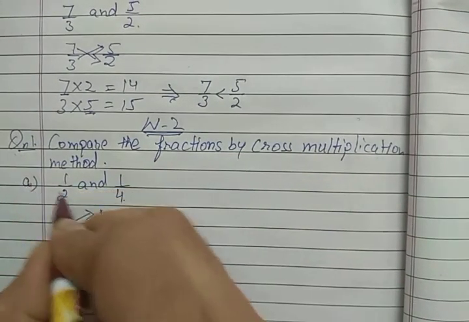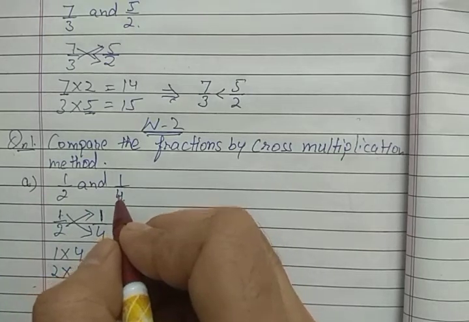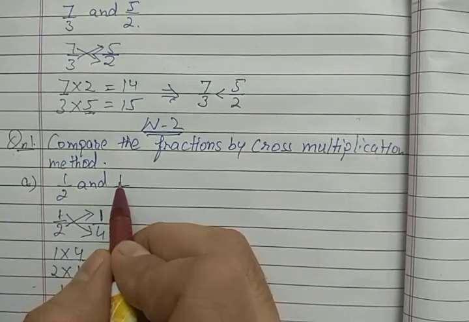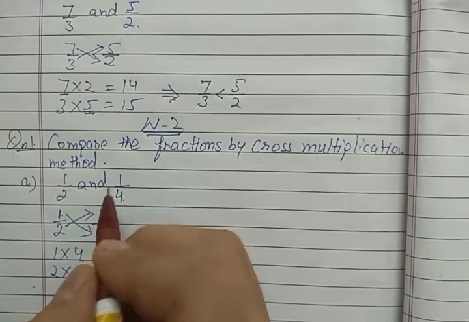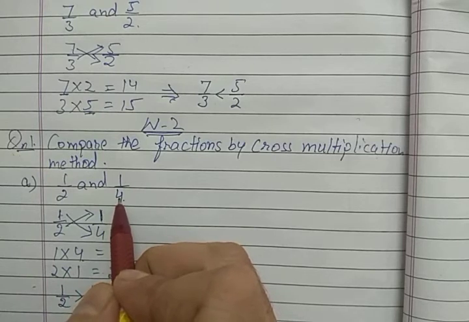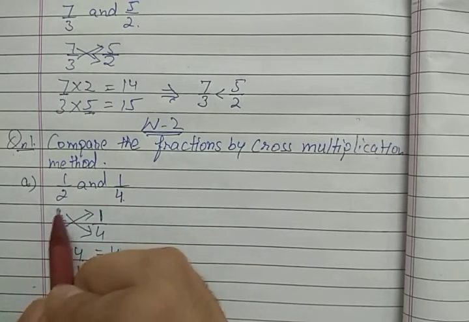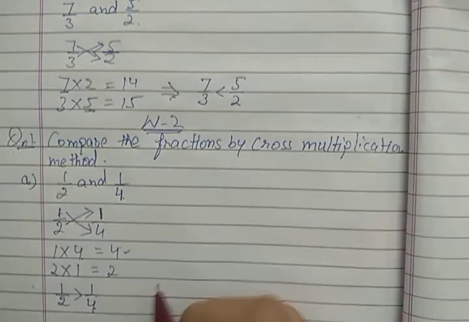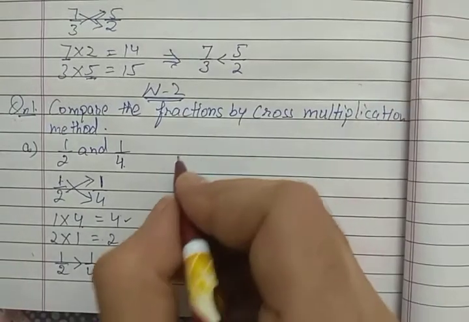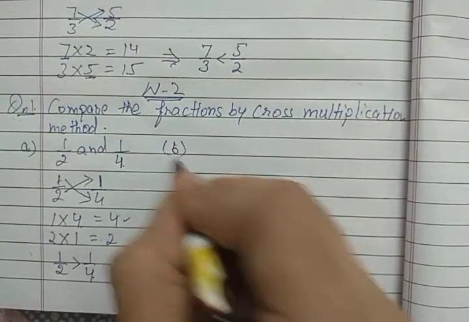We can also compare these fractions directly because here the numerators are same. और जब न्यूमरेटर सेम होते हैं आपके अनलाइक फ्रैक्शन में तो हम डायरेक्टली भी चेक कर सकते हैं. हाउ? जिस फ्रैक्शन का डिनोमिनेटर ग्रेटर होगा वो स्मॉलर होगा, जिसका छोटा होगा वो ग्रेटर होगा जब हमारे न्यूमरेटर्स सेम होते हैं. नाउ लेट अस टेक वन मोर एग्जांपल, दैट इज बी पार्ट.